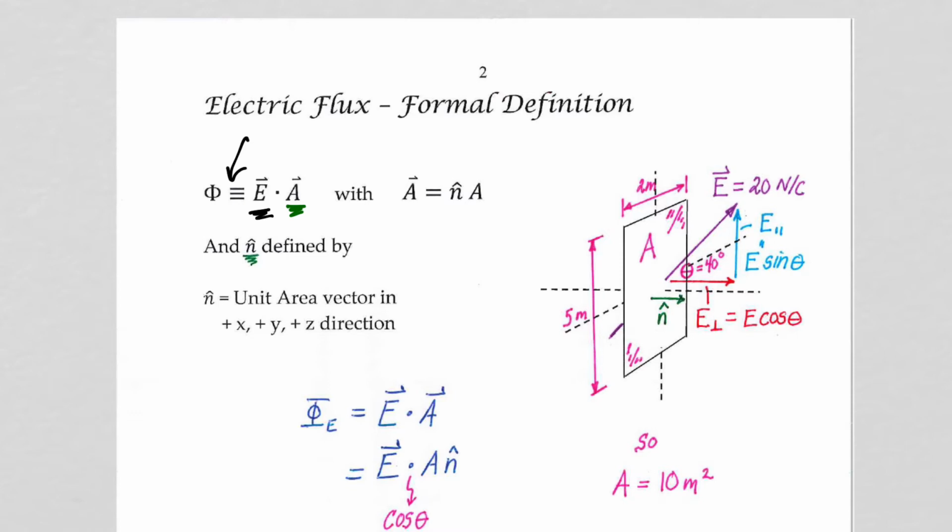Now, the first thing you want to do when addressing flux is to identify the n hat vector that goes with the area A. And that's the first thing you want to put into your notes. So get this n hat vector in here, perpendicular to our area, which in this case I used an example area of 2 meters by 5 meters, so a rectangular plane, and I stood this plane up so that we're looking at the same perspective here in the YZ plane. So you can get the YZ plane in here, and X is to, positive X is to the